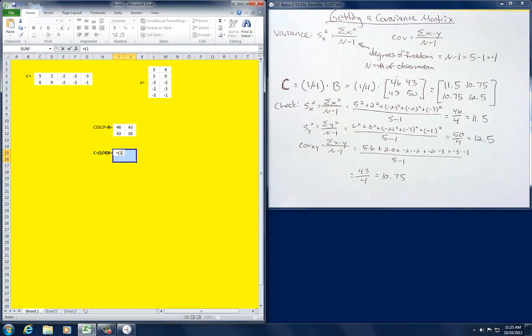Equals 1/4 times, highlight this matrix, close your parenthesis, Control Shift Enter, and it's the same, it just rounded here, 10.75 to 10.8, but that's how you do it. Once again, this is a demonstration of division by a scalar. We're dividing matrix B by the inverse of the scalar 4, so degrees of freedom 4. And that's how you get your covariance matrix, which is going to come in handy